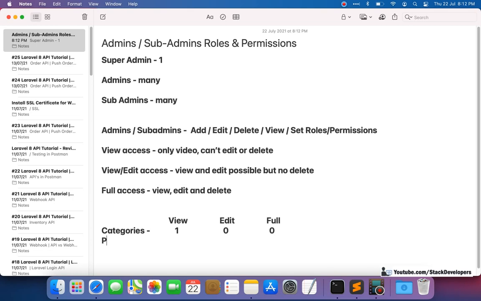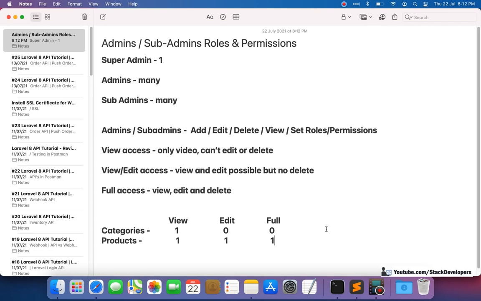Suppose there is the products module, and we now give all three 1, like 1 and 1. It means that everything is possible, view, edit as well as delete, for the products module. This is the kind of thing that we are going to do.